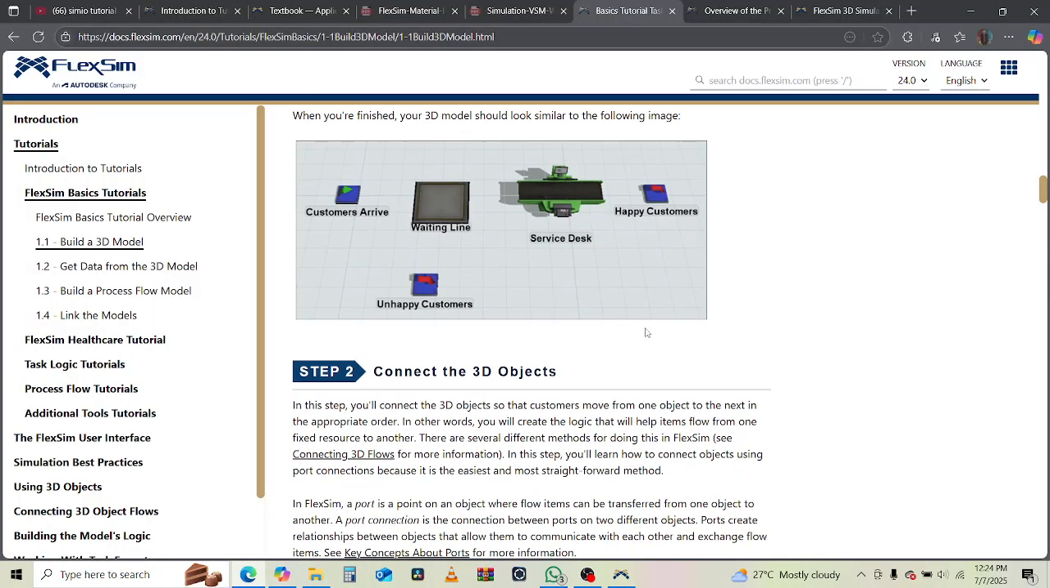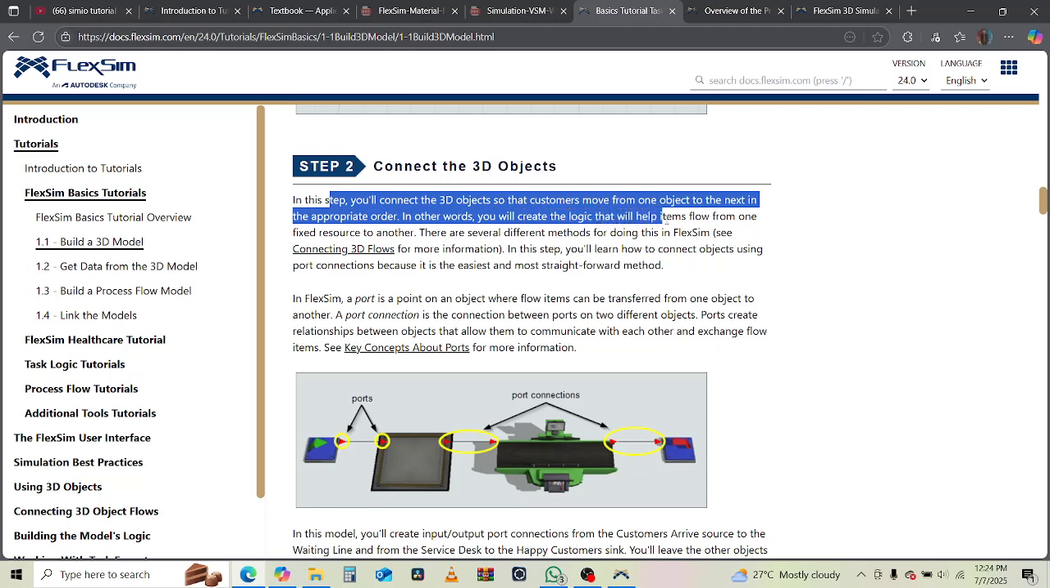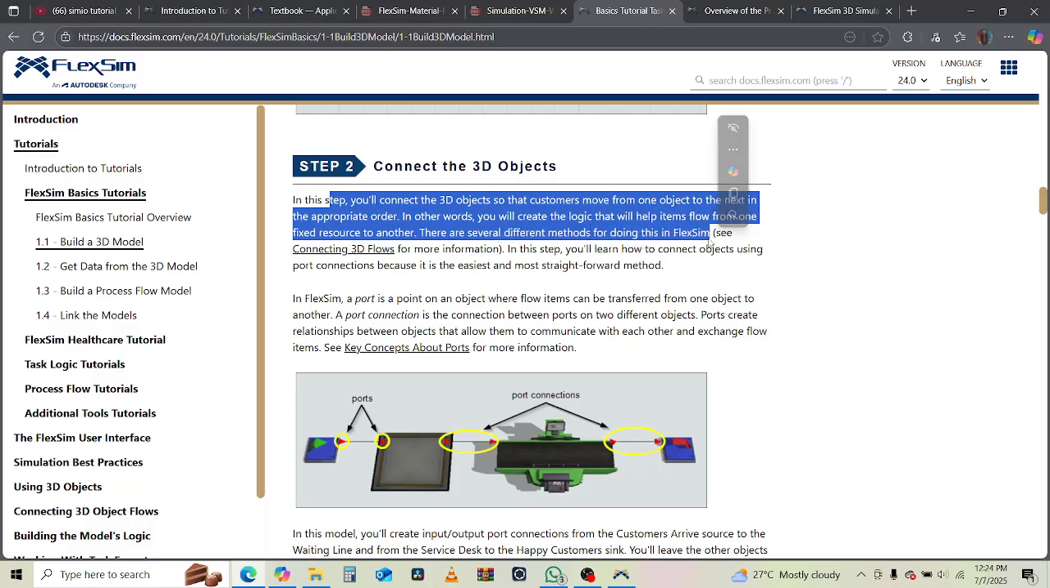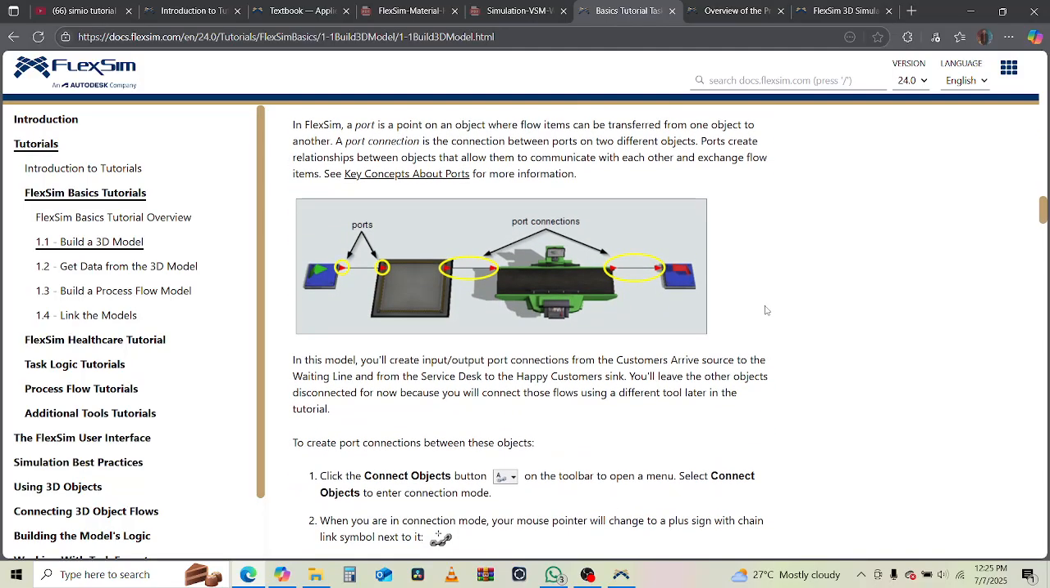Okay, so now that we have renamed it, it tells us to connect the 3D objects. In this step we will connect the 3D objects so that customers move from one object to the next in the appropriate order. In other words, we will create a logic that will help items flow from one fixed resource to another. There are several different methods for doing this in FlexSim. In this step, we will learn how to connect objects using the port connections because it is the easiest and the most straightforward method. So in FlexSim, a port is a point on an object where